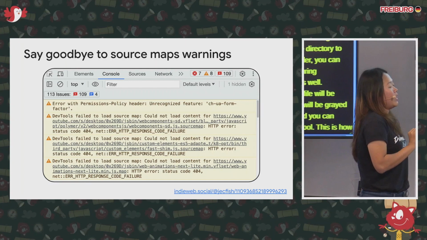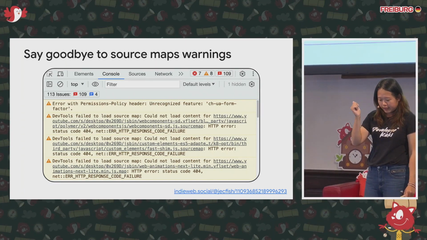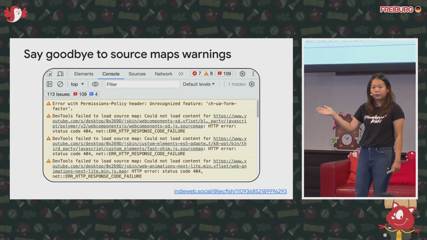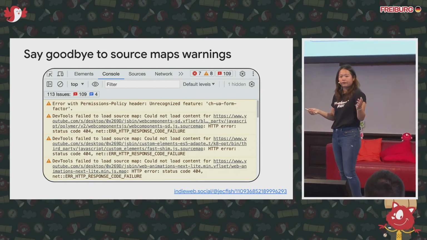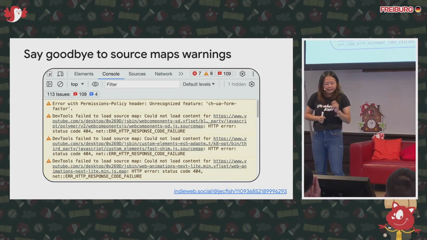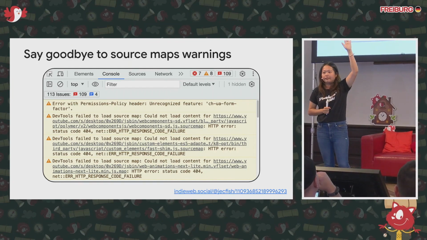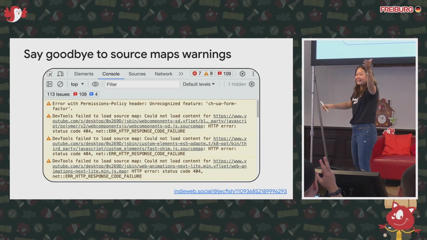And there are also some enhancements that we recently learned. They should be rolled out in 2 weeks. So in Chrome 117, which will be rolled out in 2 weeks, you will get these features. How many of you have gotten this error before? DevTools failed to load source map. See, a lot of you.